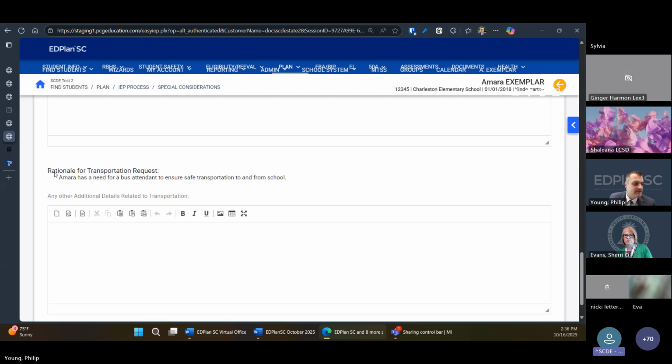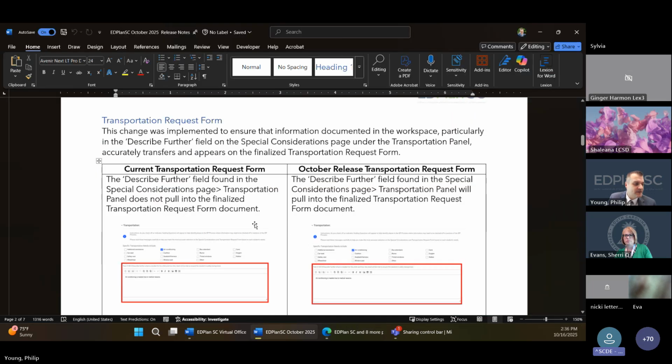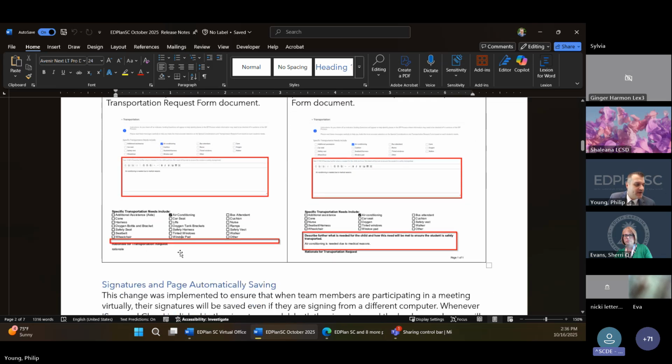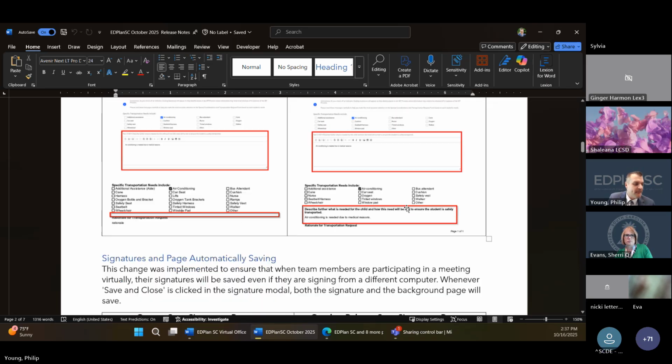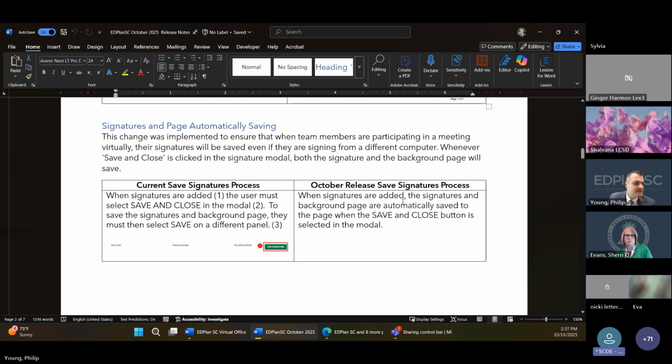It's the same down here, this rationale is also going to print. So going back to our release notes, that describe further field right now is not present on the document, and after October it will be present. So that's that change. The next one is related to signatures.